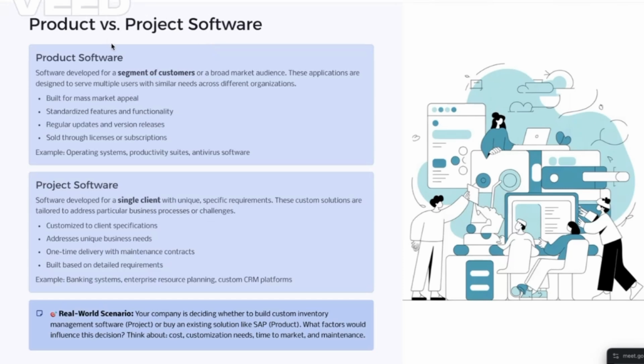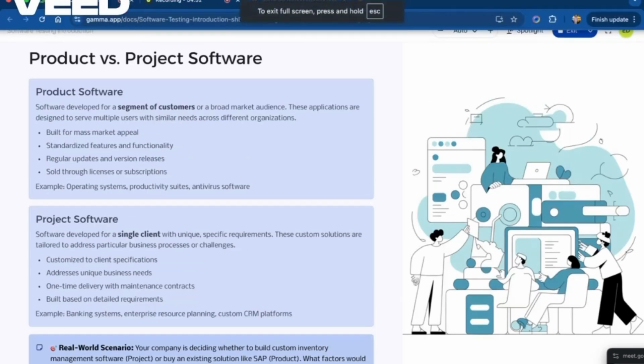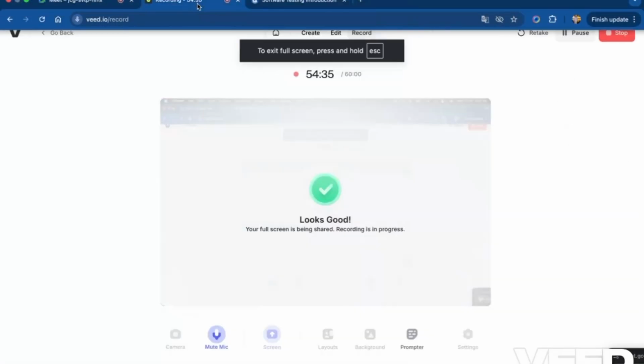Any other questions? You can note down the questions if you face or find any after the class, and we can discuss the rest of the questions tomorrow also. Okay. So